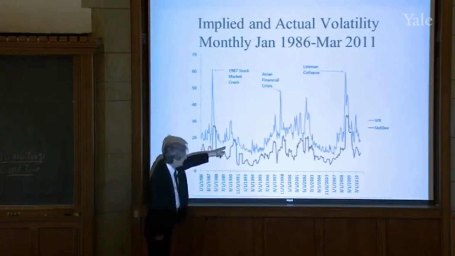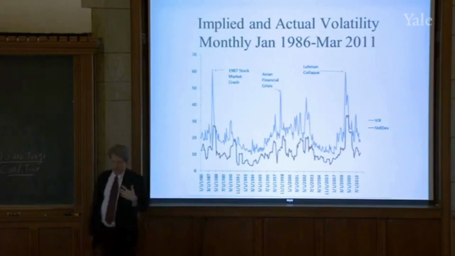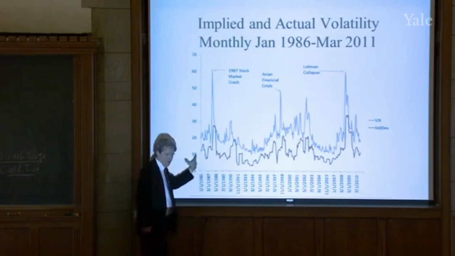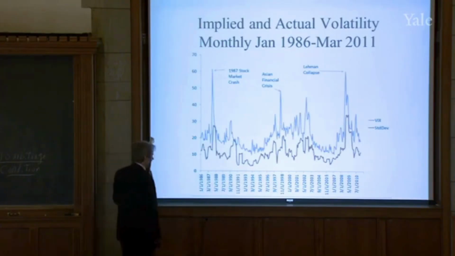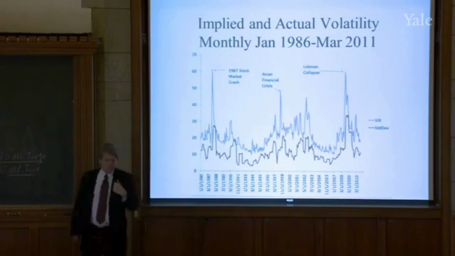And you can see it had a lot of changes through time. So that means that options prices were revealing something about the volatility of the stock market. Now, the blue line is from the Chicago Board Options Exchange. What I did, and I calculated this myself, is the orange line is the standard deviation of actual stock prices over the preceding year of monthly changes, annualized. That's actual volatility, but it's actual past volatility. Let's make it clear what this is.